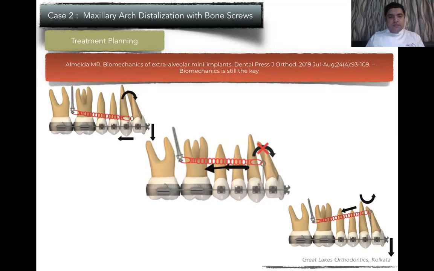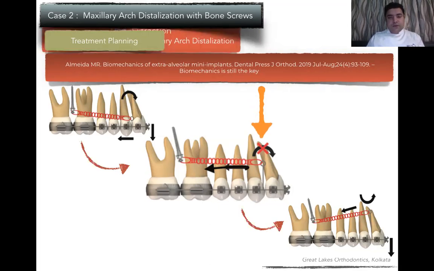So what do we want to do in this case? There are 3 scenarios in which you can distalize the upper arch with the upper incisors: with a short hook, the ones with a long hook, and the one with an even longer hook. Now, we would say that we really want to go ahead and do the second situation, in which we have an optimum height of the hook.